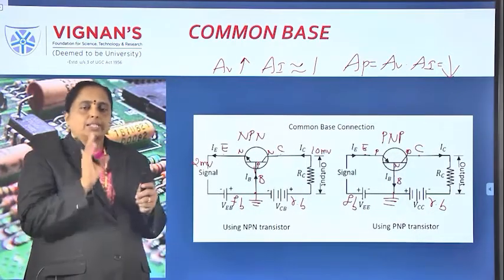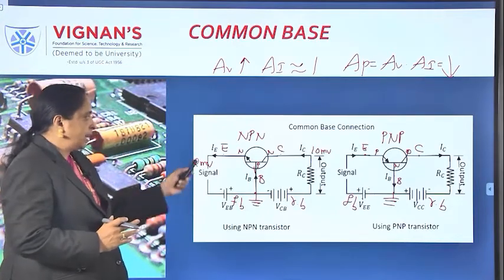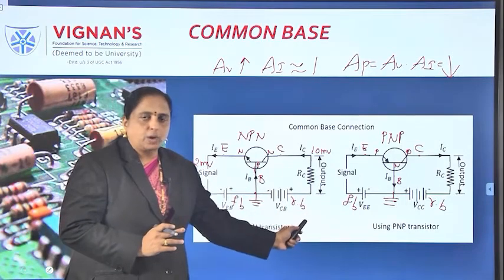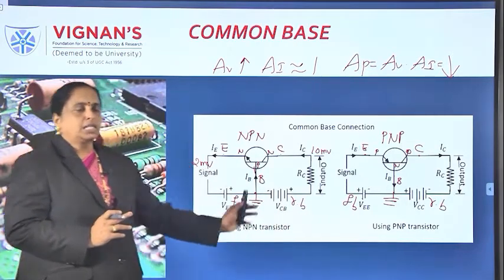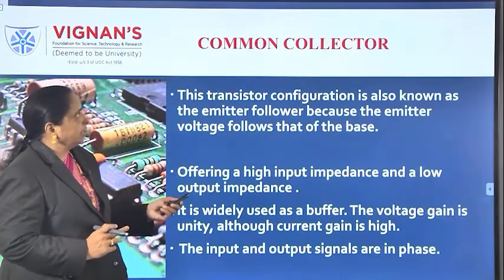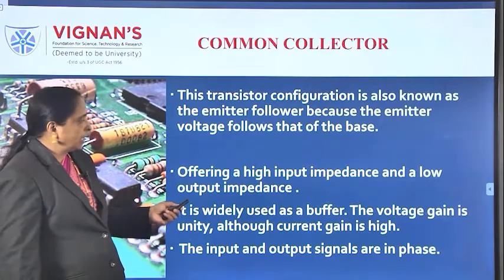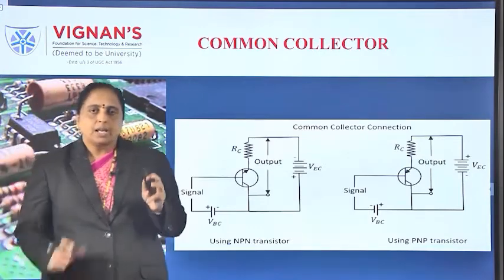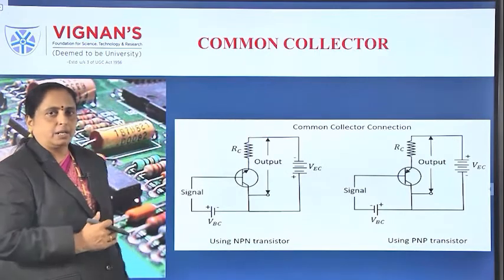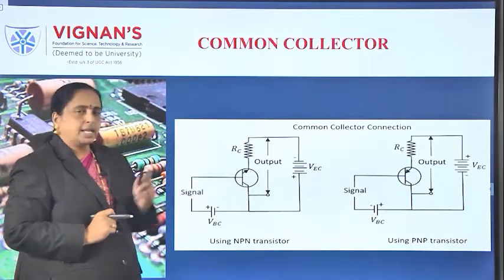So that's why we are studying the characteristics of common base configuration, where the charge carriers are moving from a low resistance path to a high resistance path. That's why we call this a transistor. So if you take a common collector transistor, common collector means what? Collector is common to both base and emitter. You cannot take output through the base, that's why we are giving it as an input.